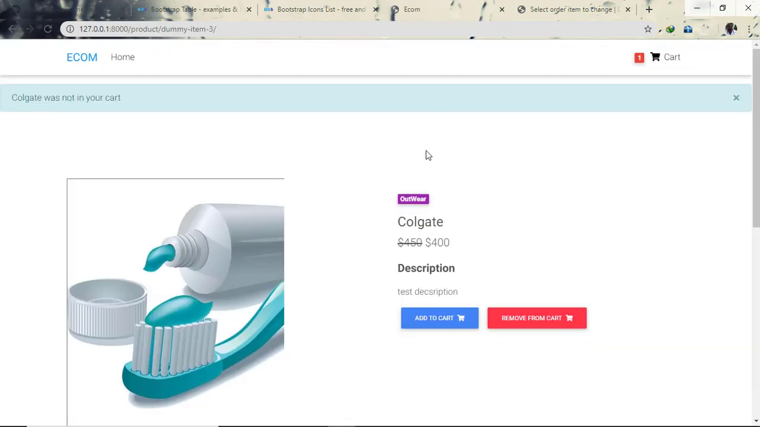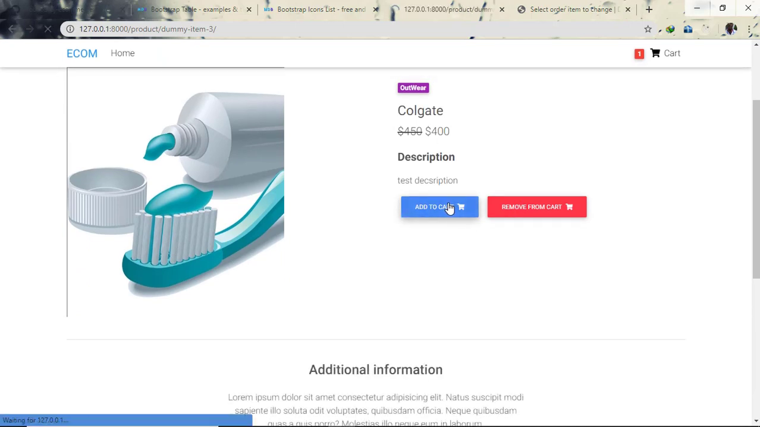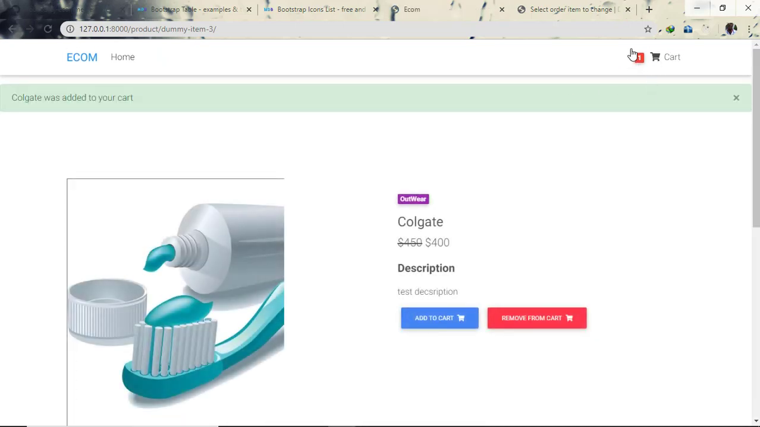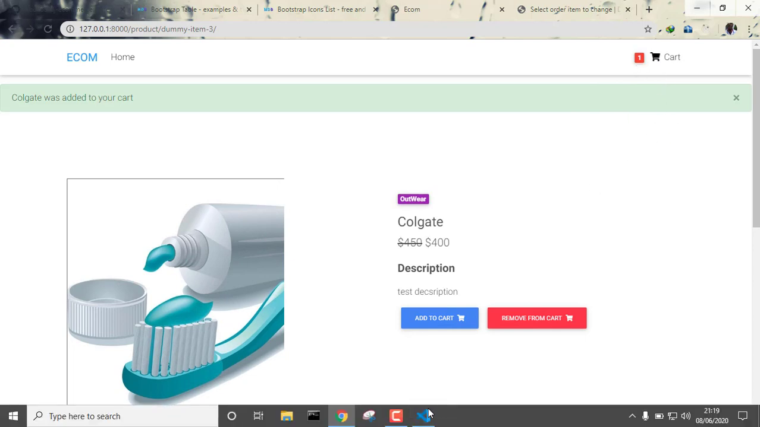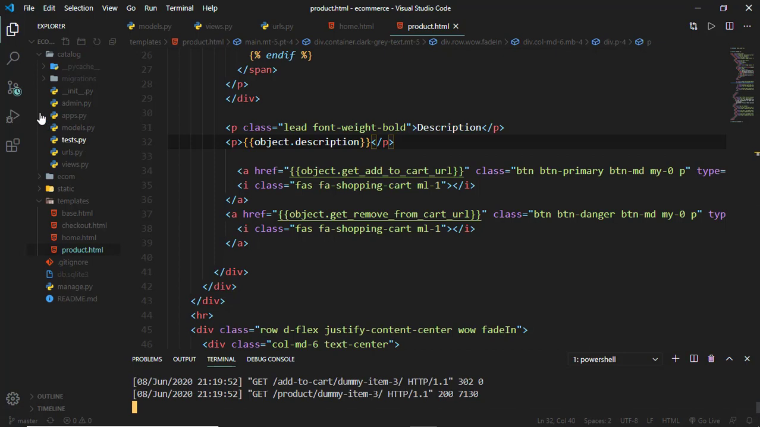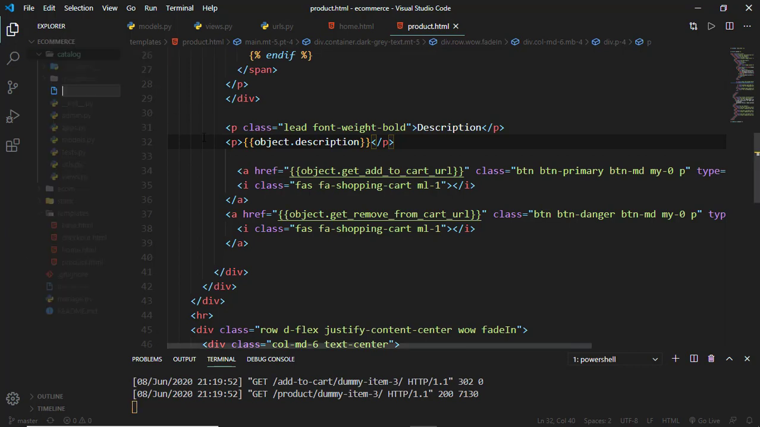And right out of the bat, I see that if we go out and add an item to the cart, we need to fix the navbar so that it updates as we add an item to the cart. So we're going to do that with a template tag, and in this case, inside our catalog app, we are going to create a new directory and call it template tags. And inside template tags, we create a new file. Let's just call it cart template